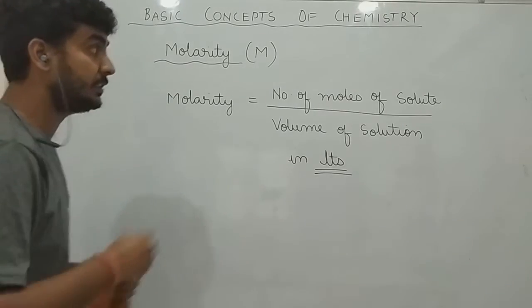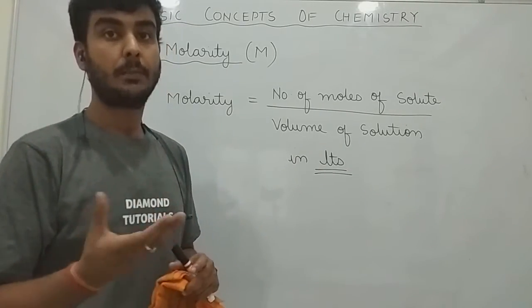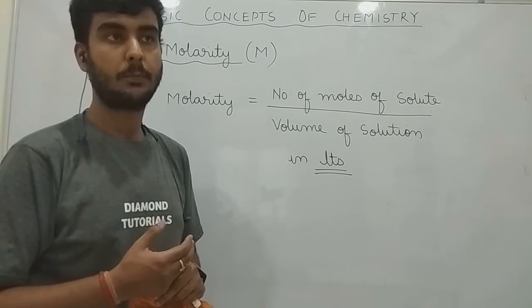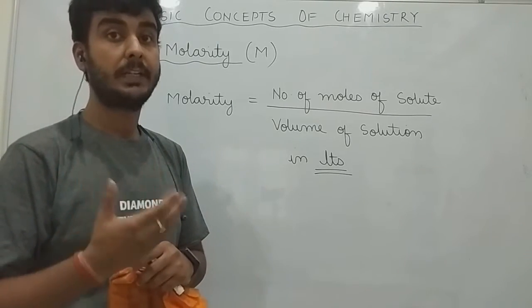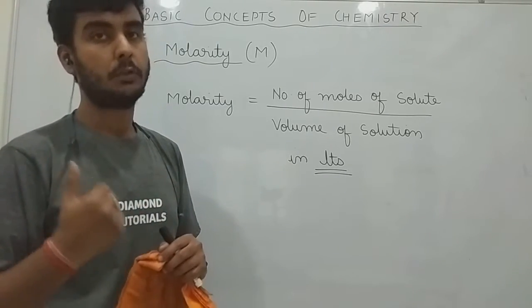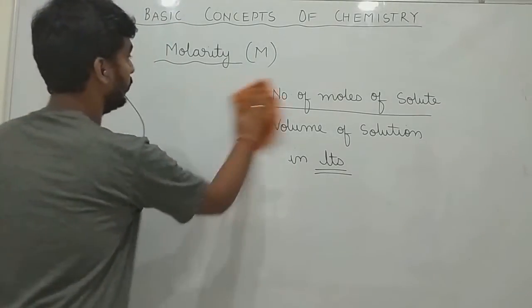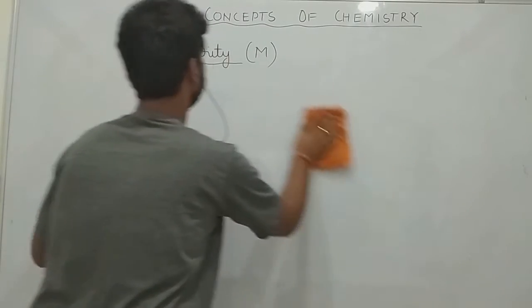So we have discussed how to find the number of moles of anything. Number of moles can be found out by, कैसे निकाला जा सकता है number of moles? Given mass, divide given mass by what? Given mass by molecular mass. So remember how to find the number of moles of anything which you are given. So let us see a question.